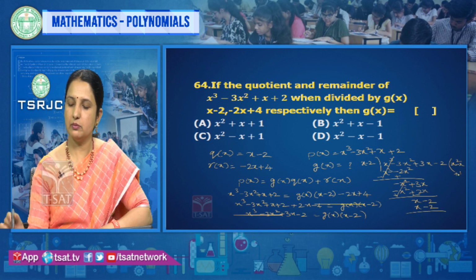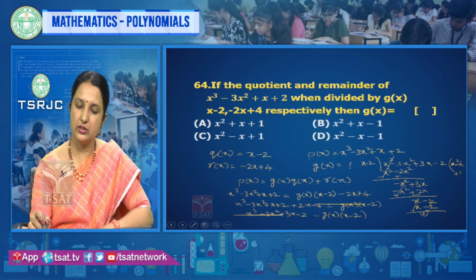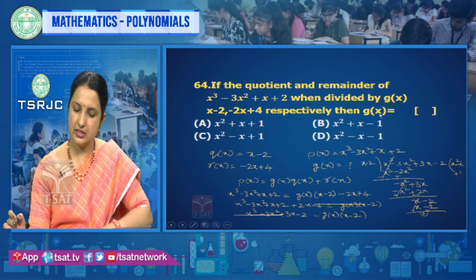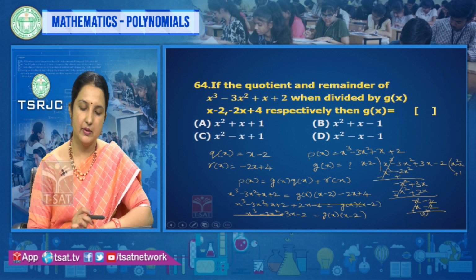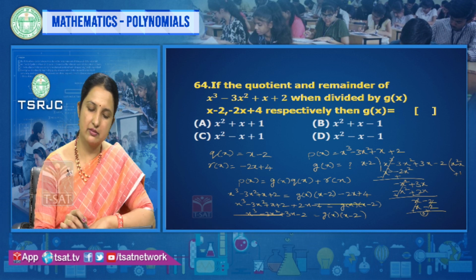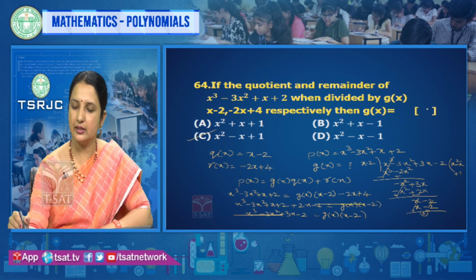So, write here x minus 2 means plus 1. When you multiply x minus 2 with 1, you will get x minus 2, no. So, the symbol should be changed. You get 0. That means, what is the quotient? That is g of x. The divisor is x square minus x plus 1. Where is it there? X square minus x plus 1. This one. This is the correct answer. C is the correct option.